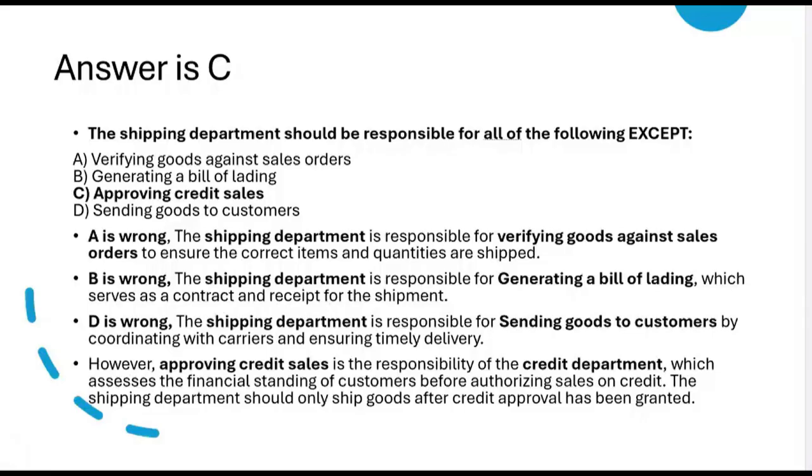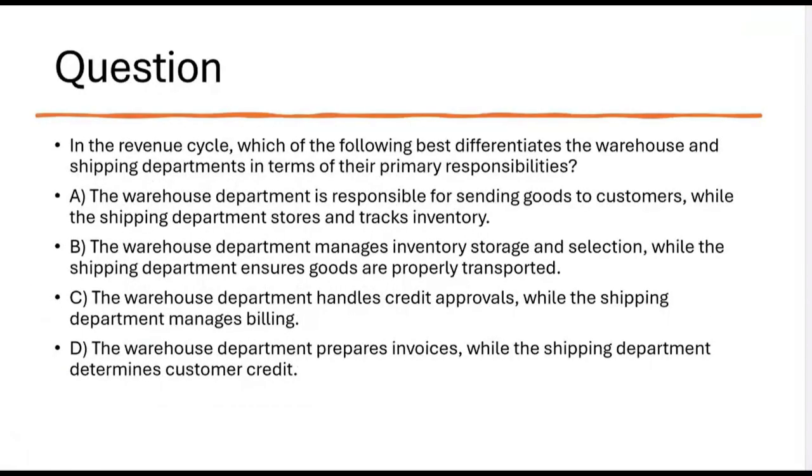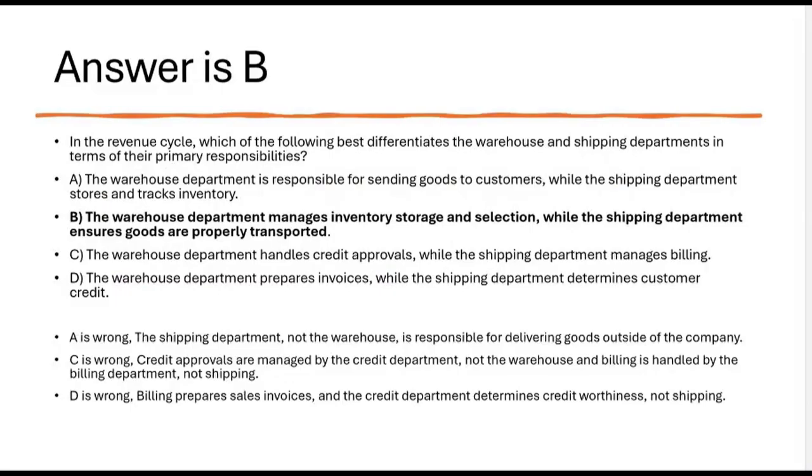approving credit sales. All right, in the revenue cycle, which of the following best differentiates the warehouse and shipping departments in terms of their primary responsibilities? A, the warehouse department is responsible for sending goods to customers, while the shipping department stores and tracks inventory. B, the warehouse department manages inventory storage and selection, while the shipping department ensures goods are properly transported. C, the warehouse department handles credit approvals, while the shipping department manages billing. D, the warehouse department prepares invoices, while the shipping department determines customer credit. And the answer is B, the warehouse department manages inventory storage and selection, while the shipping department ensures goods are